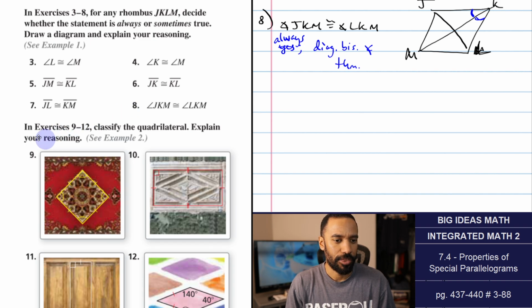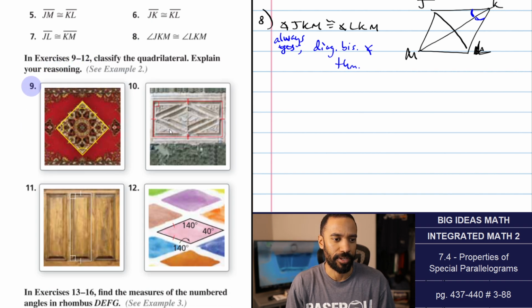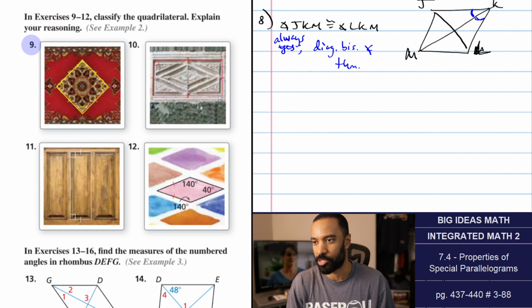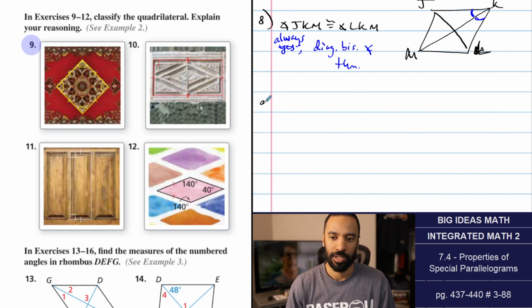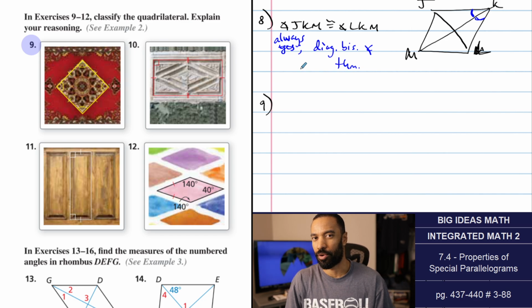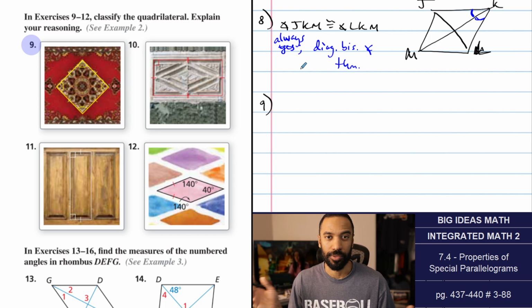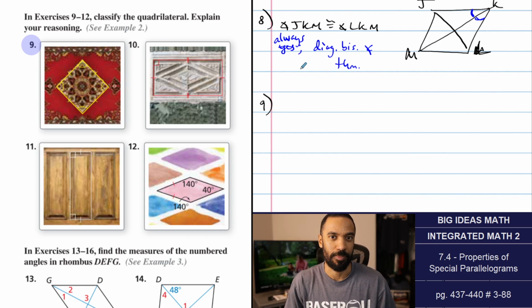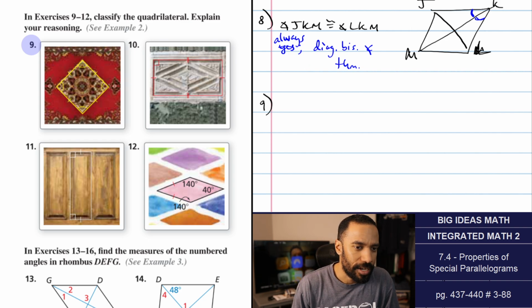In examples 9 through 12, classify the quadrilateral, explain your reasoning. Can't guarantee that a rhombus is now or anything like that. We're also looking for parallelogram, rectangle, square. Now, I feel like everything here is at least going to be a parallelogram. I don't think we're going more basic than quadrilateral. We'll see. But it sounds like when they call it special types of parallelograms that they will give us at least that much. All right, so on number 9,